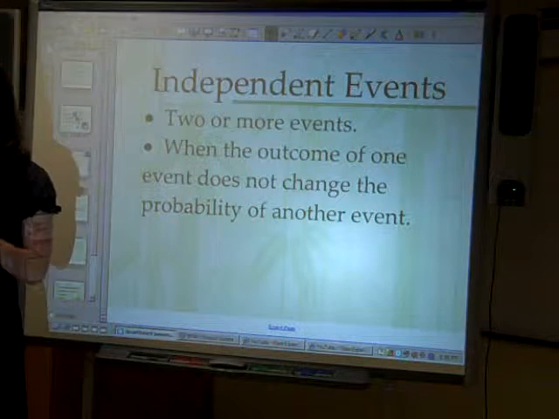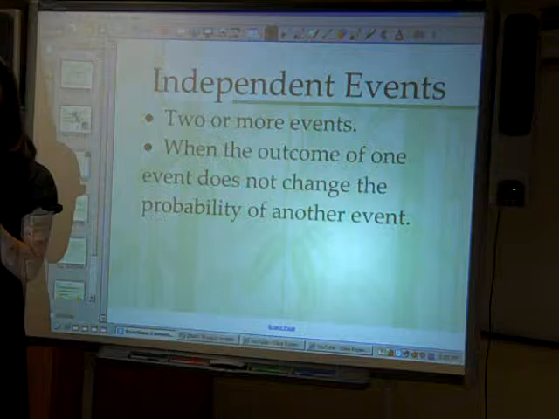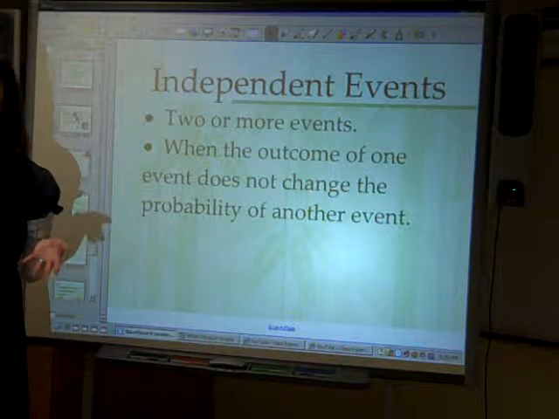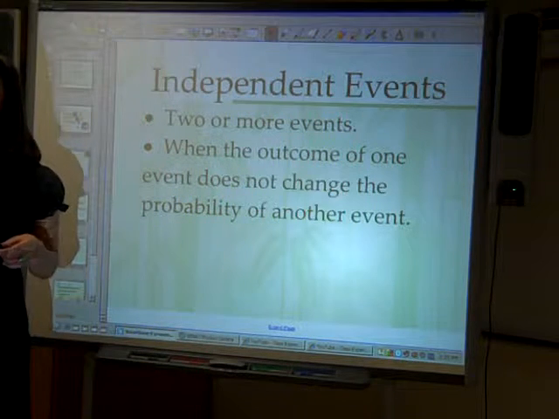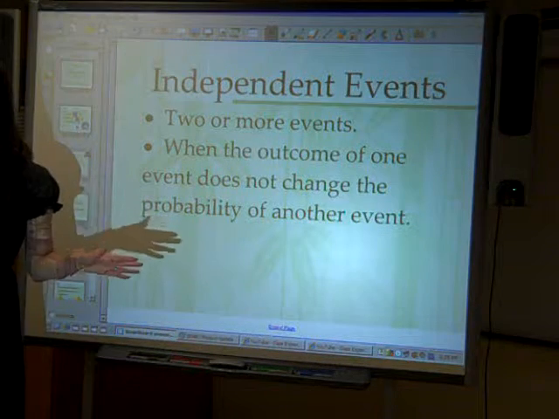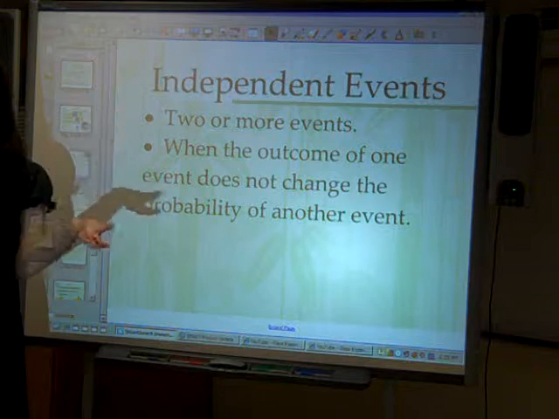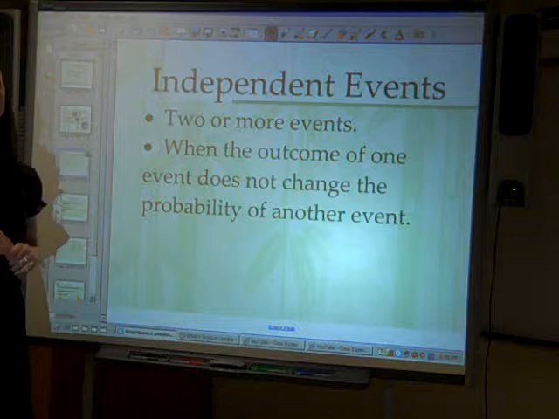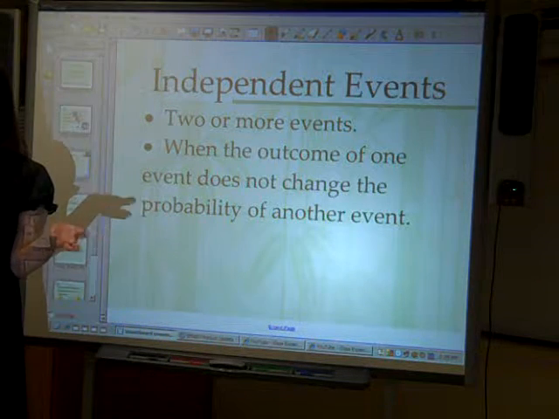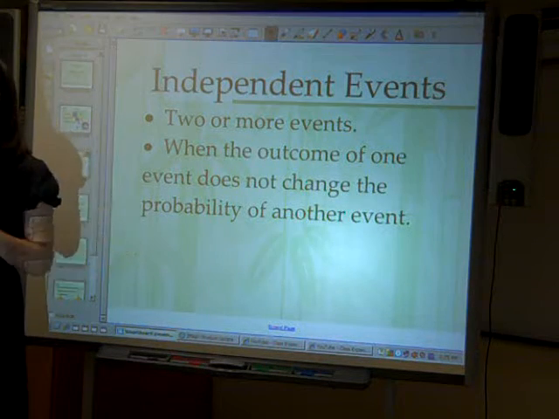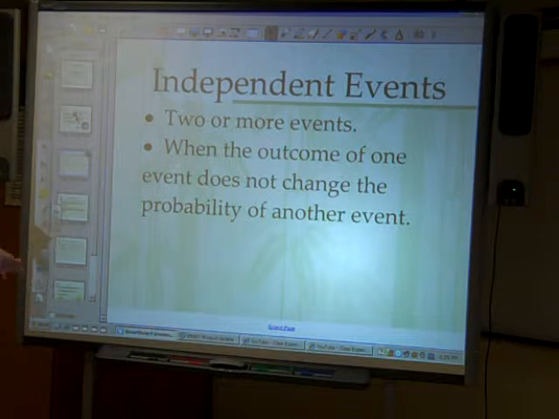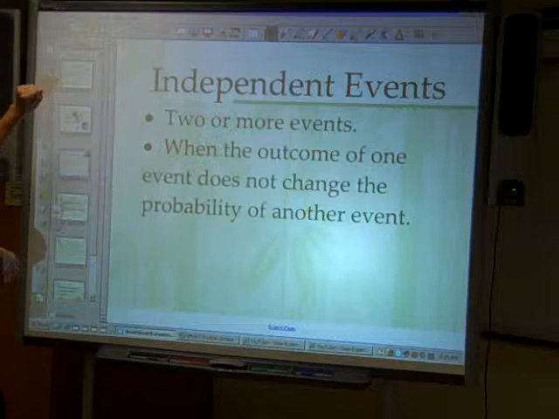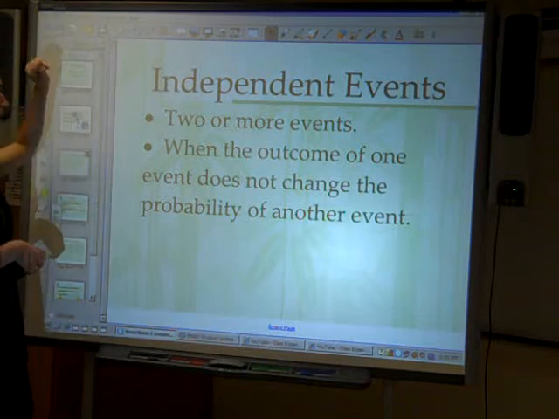So examples of that. Rolling 2 number cubes, rolling a pair of dice are independent events. You can roll 1 number cube and whatever it lands on will have nothing to do with what you land on for the second number cube. Or rolling a number cube and then spinning a spinner. If you roll a number cube, whatever it lands on will have nothing to do with what you spin with the spinner. So again, independent events, 2 or more events,